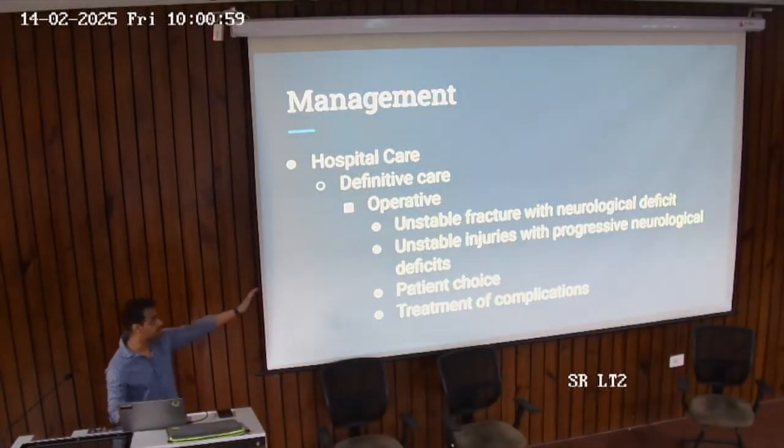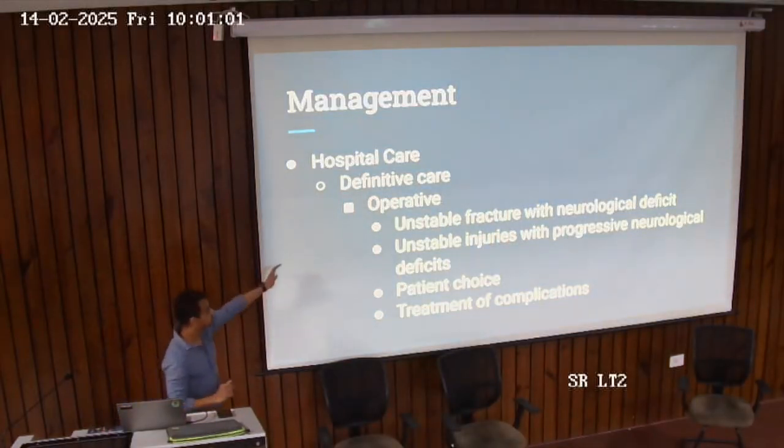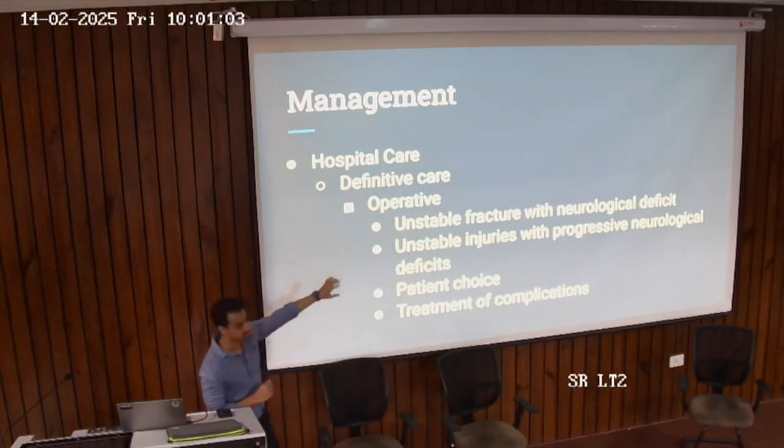Now come to the operative part. So unstable fractures with neurological deficits. Unstable fractures means